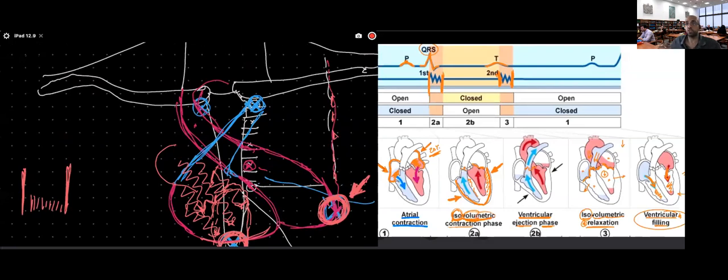How about my pulmonary trunk and my aortic semilunar valves? If you notice on here, if you've got a defect in the pulmonary trunk, the turbulence of the blood is going to be traveling along the pulmonary trunk. And you see the pulmonary trunk is traveling from the right side to the left side of the chest. So where would I hear best the pulmonary trunk? You will hear the pulmonary trunk best at the sternal margin